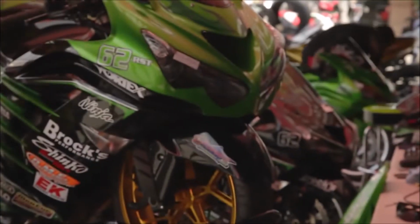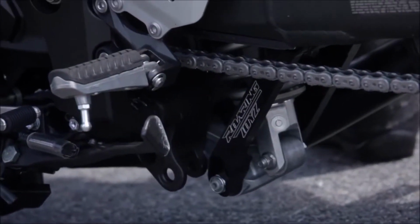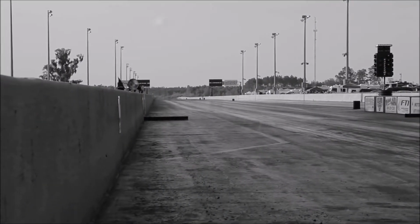Matt Mladen has a motorcycle with our swing arm on it. They're used by the best people in the industry because they know they can trust them, they know they're gonna hold up, they know they do the job, and they're safe. This is your link to your life. When you're going 180 miles per hour on your motorcycle, do you want to think about the possibility of your swing arm failing, or do you want to know that you have the very best swing arm you could buy